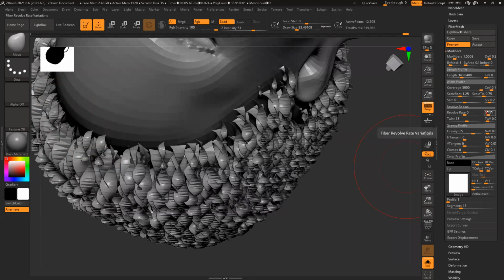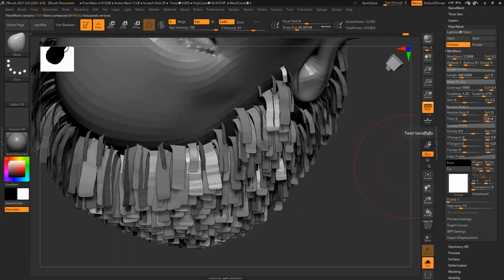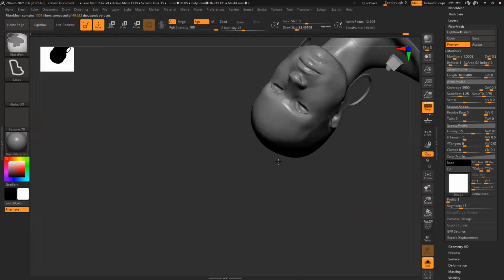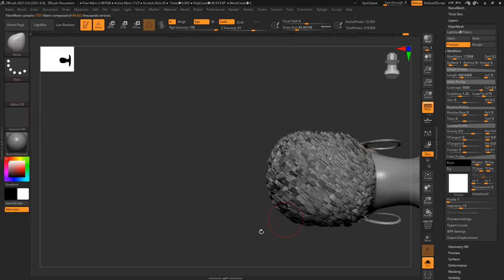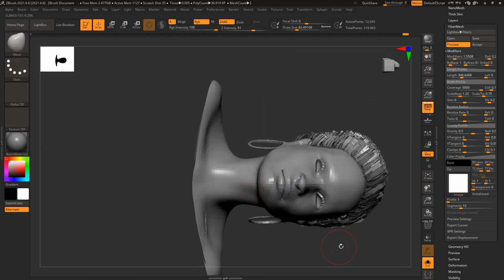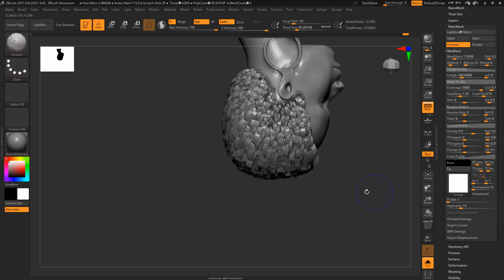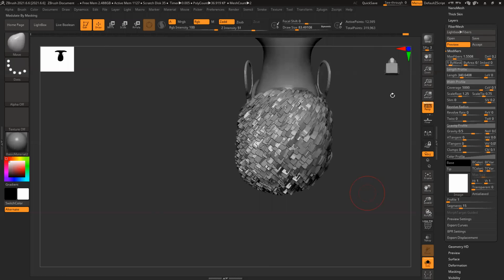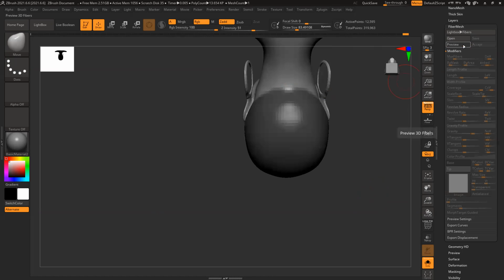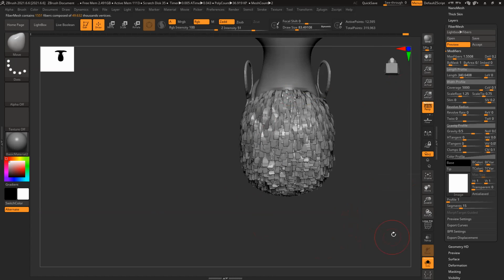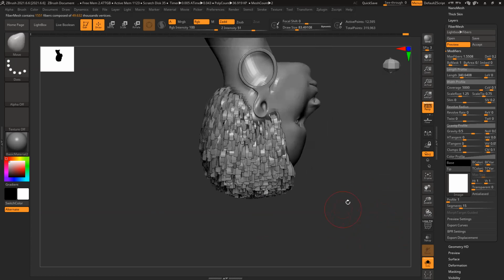Zero is fine. You can see this direction. It is still theta, right? And what is this?